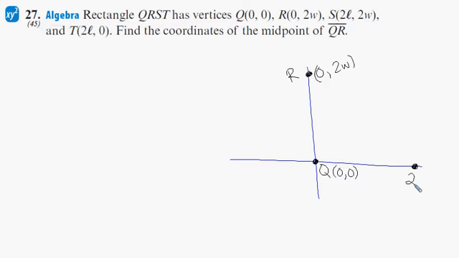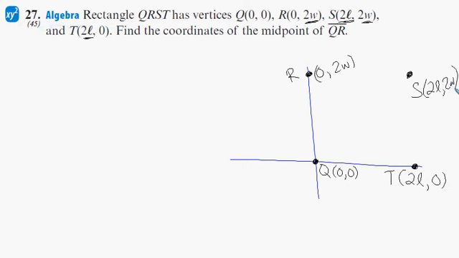We know that this is going to be 2L, this is going to be 0 because it hasn't moved at all. Now, we know that S is 2L, 2W. So S has to be lined up with the point, so this was point T. S is going to have to be lined up here because it has these segments that match up with this one and this one. So 2L,